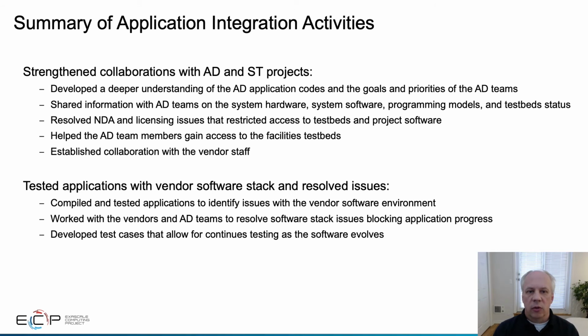Next, I'd like to talk about the work that's been performed as part of the applications integration effort. Since the start of the project, we have worked to strengthen our collaborations with the AD and ST projects. This has involved developing a deeper understanding of the codes and goals and priorities of the teams, sharing information with